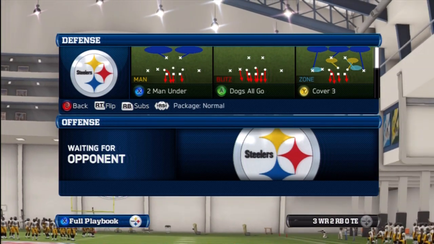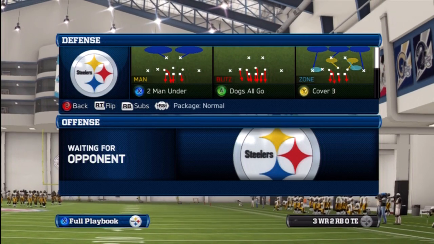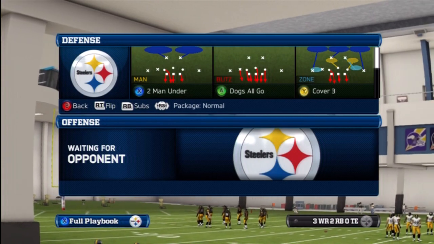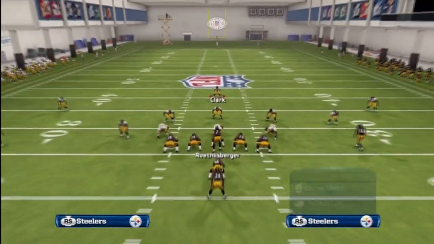Trying to figure out the word here. Basically, to get everything you need out of this formation, you would have to add some audibles to the formation just to use everything that you need in this. So as you can see, the blast is a little bit tougher to run